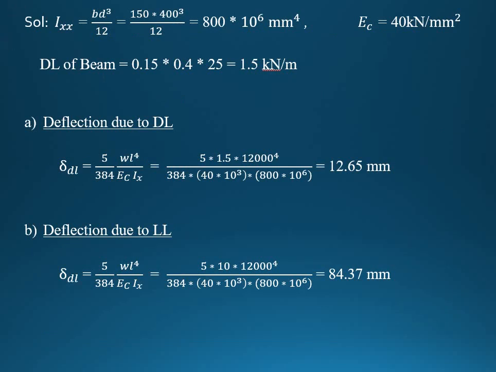For the solution, I have started with I as well as dead load of the beam. Why do we require this I and dead load of the beam? I will tell you. See, first of all, it may be a short term or it may be a long term. First, I will start with the short term deflection. Short term deflection occurs due to dead load, live load as well as pre-stress. And long term deflection occurs due to deflection of dead load, deflection due to live load, deflection due to pre-stress as well as creep.